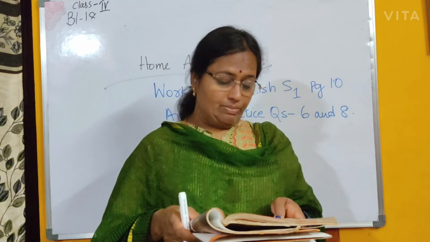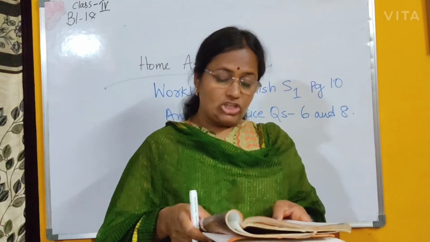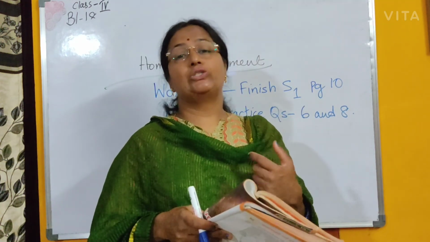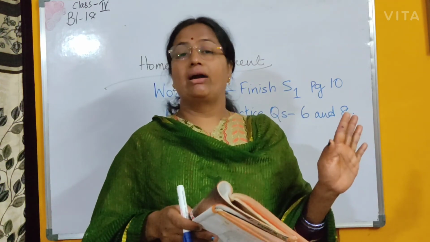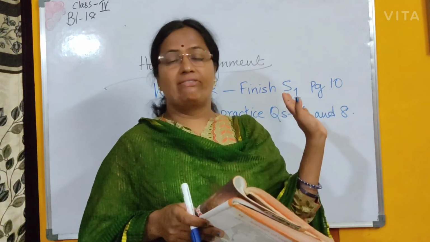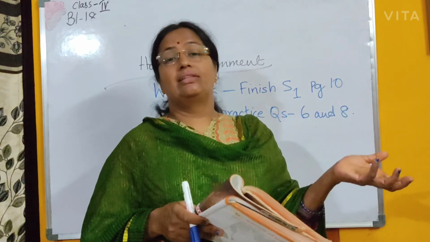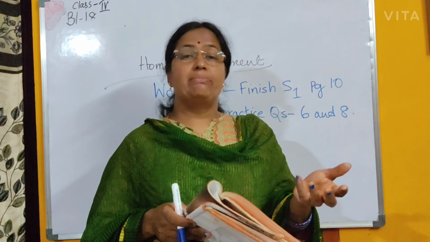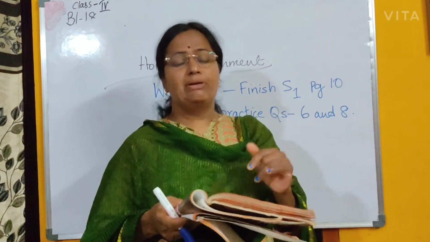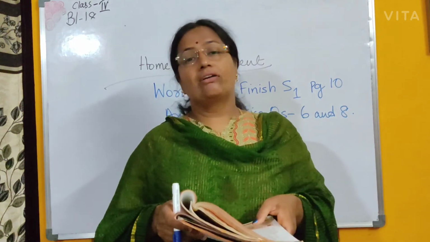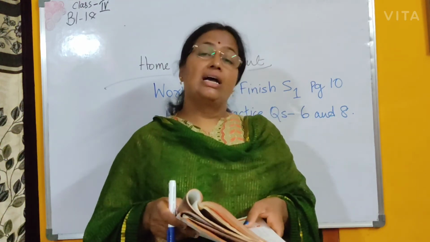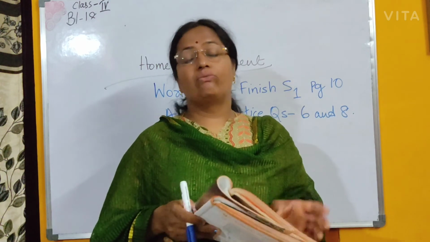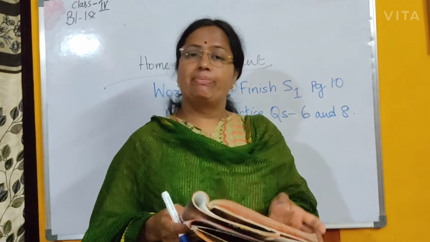The 6th question: describe the different ways in which animals help us to earn money. How are animals helping us to earn money? You can write about all the animals. In the table we have written that for cows and buffaloes, their milk is sold in the market. People make ghee, butter, etc. Looking at that table, you can answer this. Not only cows and buffaloes, you can write about sheep, honeybees, camel, yak. How people are using them, what products we get, how people are getting money, you can write.